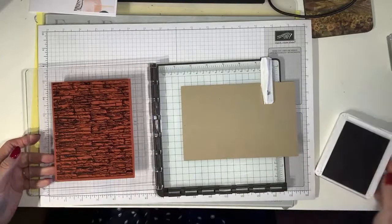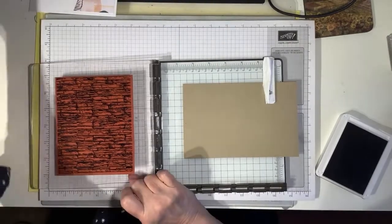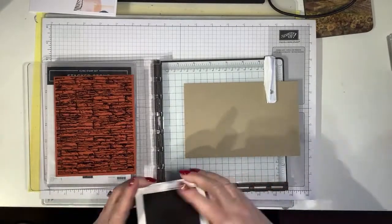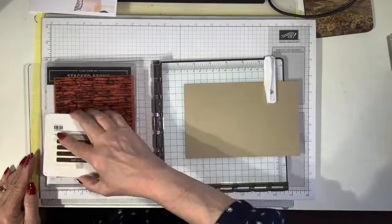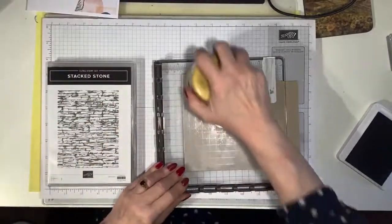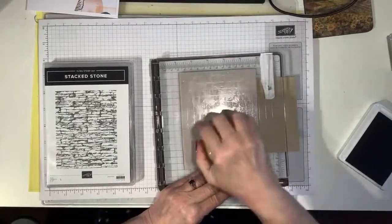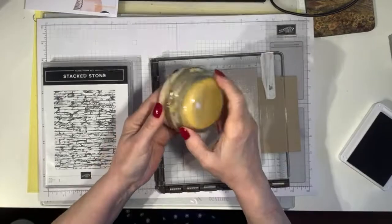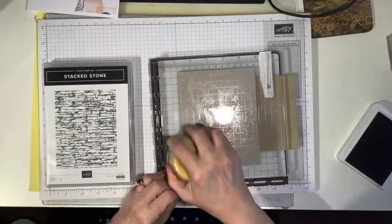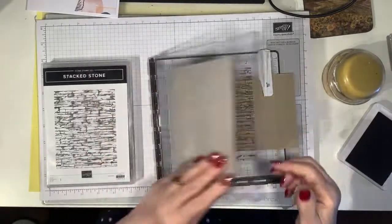Ink this up. Right, what I should have done is, if you pop your stamp set underneath here, so if I just grab that, then that helps when you're inking up. Okay, then I'm going to come over like that, and I made myself one of these things. I don't know what you call them, but you can buy something like this, but I just made this out of a candle jar and some old wax and a few marbles and just a load of heavy junk in there, and covered it with a nice soft cover,